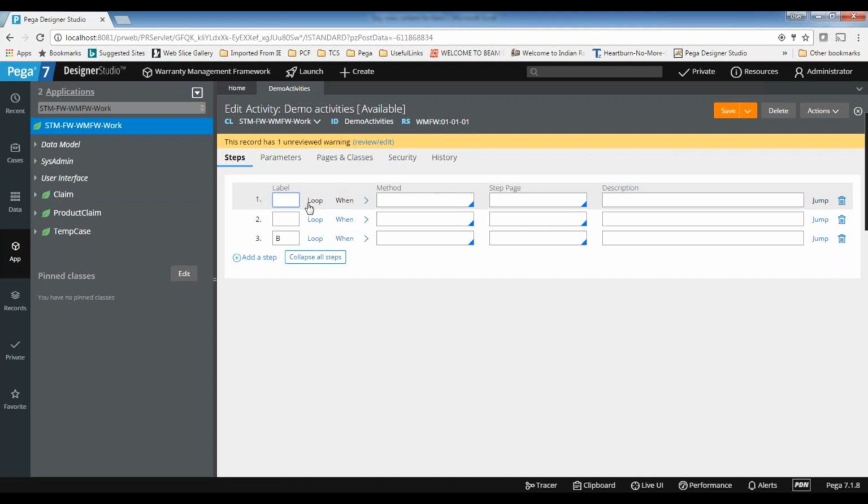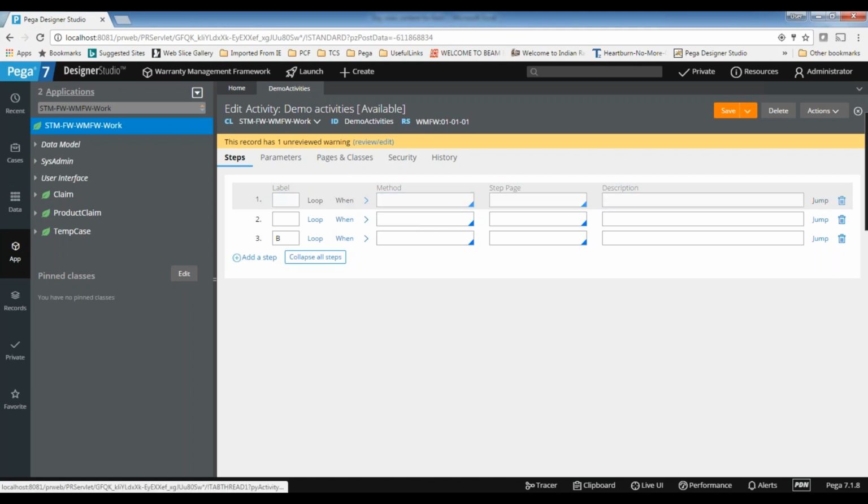Next, looping. As the name indicates, if you want to loop over a page list and perform the same method that many times, equal to the page list length, you can use looping. So looping will be used along with the page list. Then the column called When. Here we don't call it when; this is a precondition. As the name indicates, before the method execution, this precondition will be executed. If the precondition is true, then only the method will be executed.